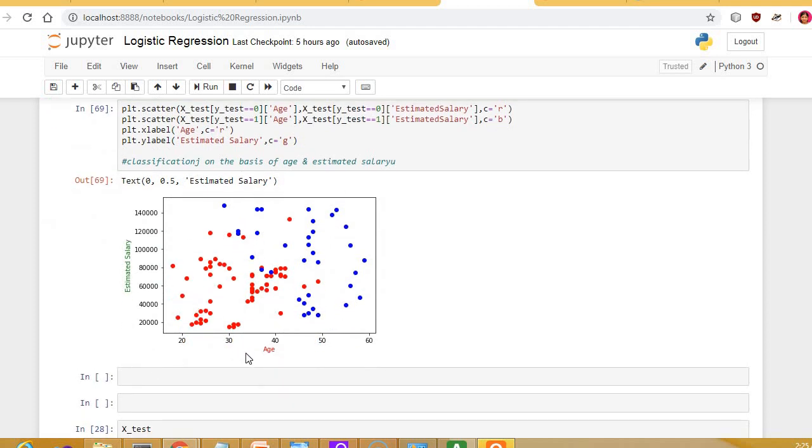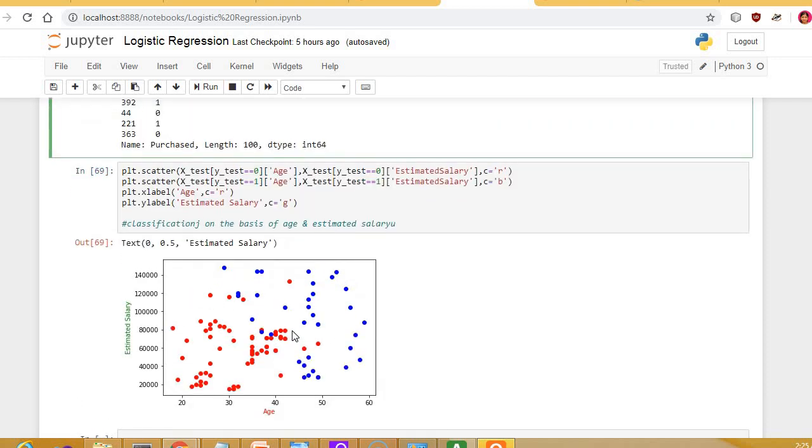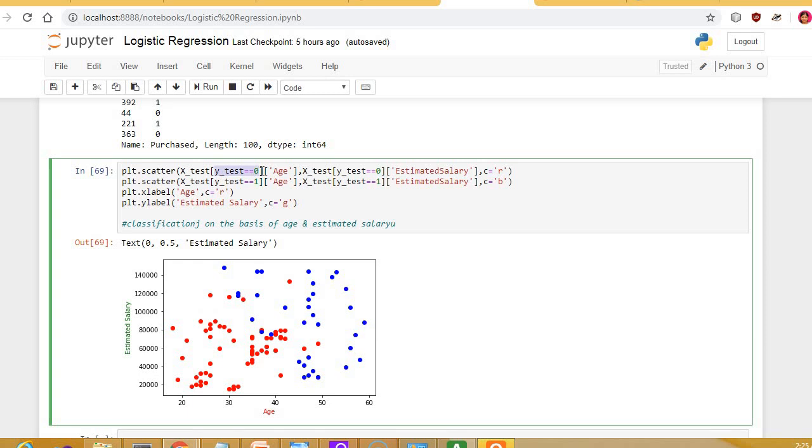We are trying to make some judgments out of this data. If you look, we have tried to visualize it by using plt.scatter with x_test where y_test is equal to 0, which means he or she is not going to purchase on the basis of age and estimated salary.